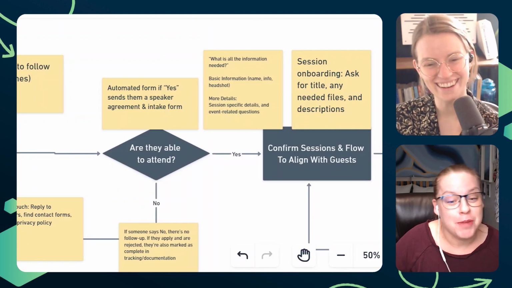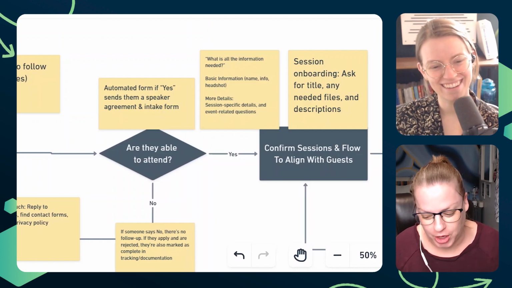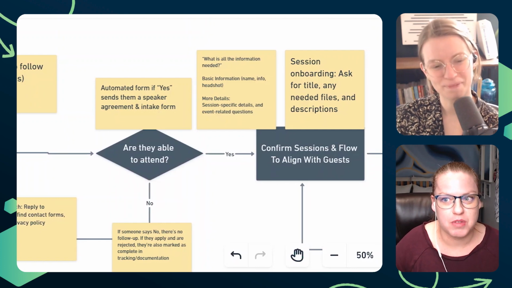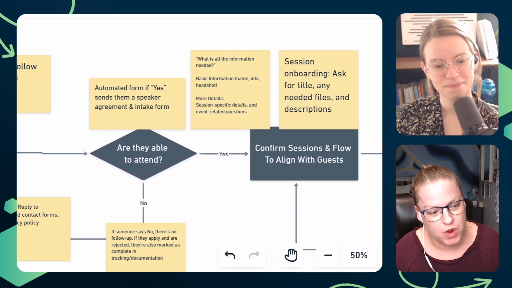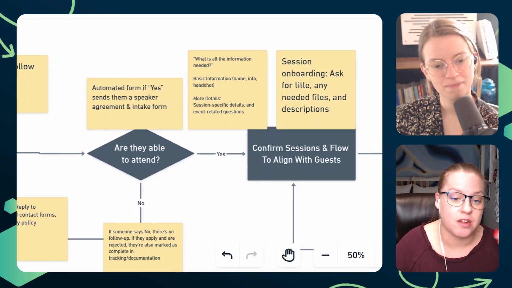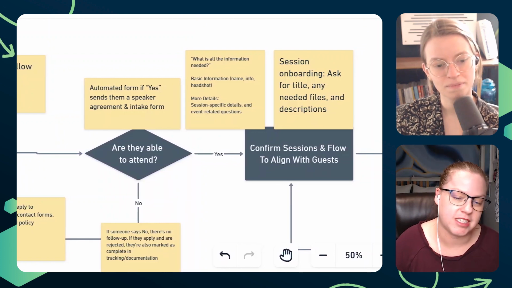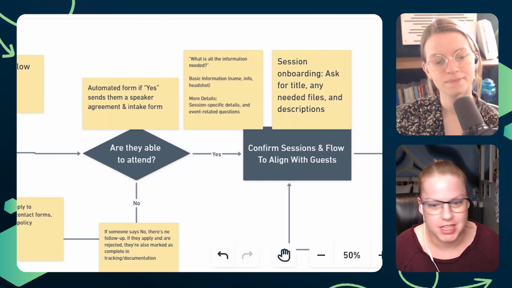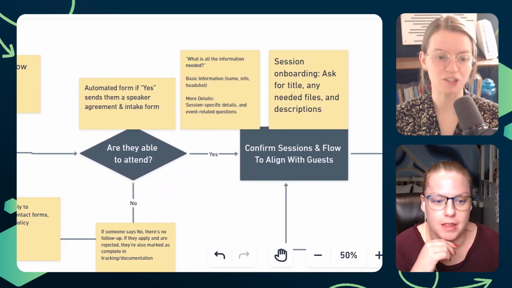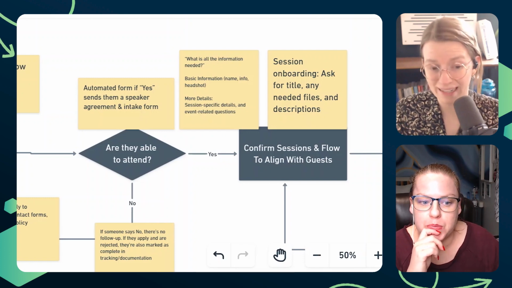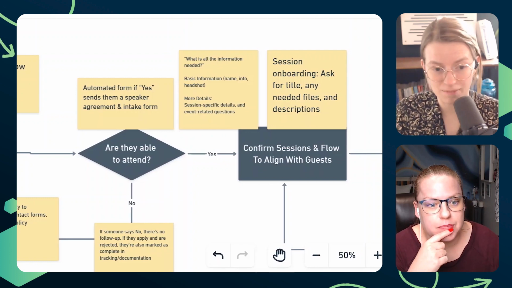So if I don't have stuff automated to name, then I'm digging for it. So it's like a second form, which I know some people do all in one, but I feel like for getting their basic information and the contract, it saves the time of, hey, if you don't get that done, there's no point in doing the other one. So you break it up into two pieces just so it's a little more manageable, and then connect them together.